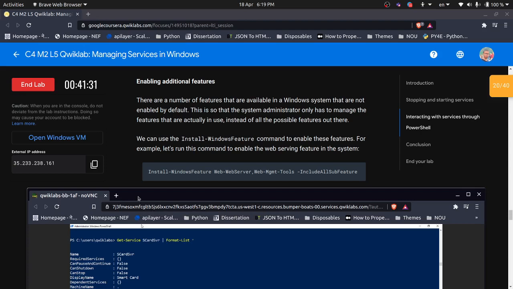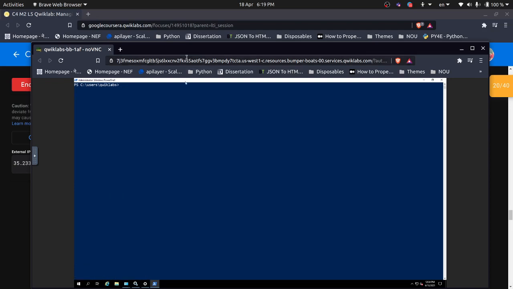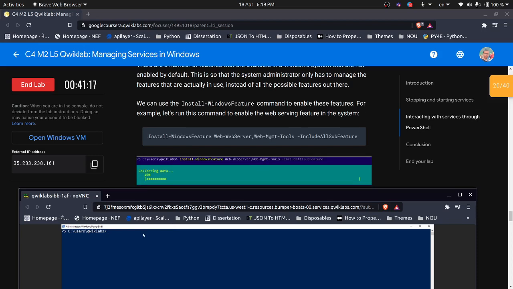This is to clear. Okay, once it is cleared, then after that what we'll do is let's just do install